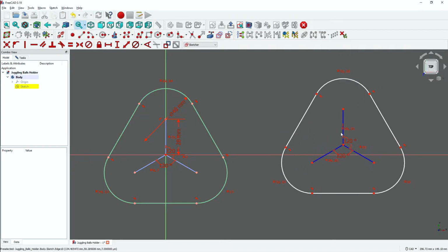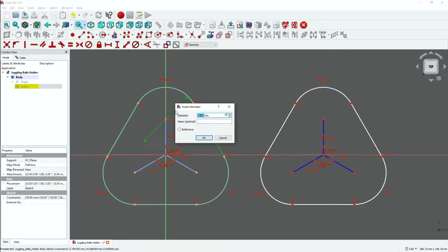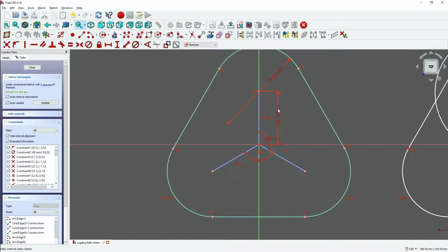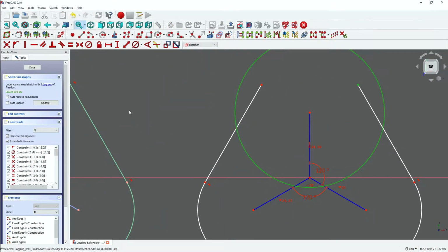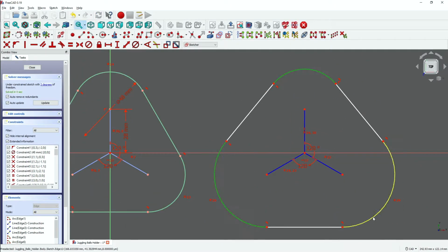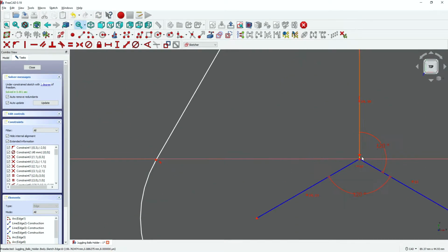You can see here I was trying to do an offset of the outer geometry, and there's no offset for sketches that I can find in FreeCAD. So if you know a way to offset entities like this in 2D for Sketcher, I would really appreciate that. But I was trying to figure out a way to do this, and ultimately this route didn't even work either. But so I just redrew everything again, and then